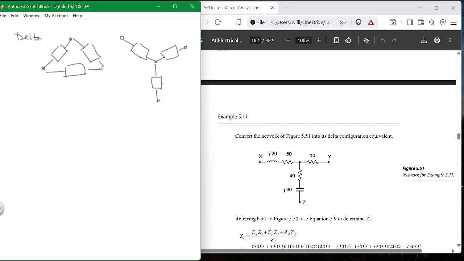Now, why do we worry about this? We really don't. Except for the fact that you can hook up transformers either this way or this way. All right, you can hook up the primary this way, and you can hook up the secondary this way. Y to delta, delta to Y is a common way of hooking up transformers because you get less what we call harmonic transfer through a Y to delta or delta to Y than you do through a delta to delta or a Y to Y transformer. Okay? It's preferred to do a delta to Y hookup on a transformer,